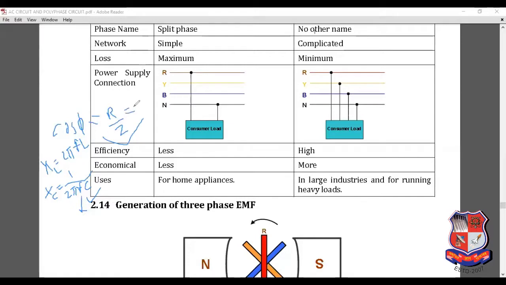So all the DC circuits have a unity power factor. Why? Because the value of Z is equal to R, and this R will cancel, and the value of cos phi is 1. So the value of power factor for a DC circuit is 1, or unity. Whereas in case of AC, we have to deal with the impedance. So the second definition of power factor is the ratio of resistance to impedance.